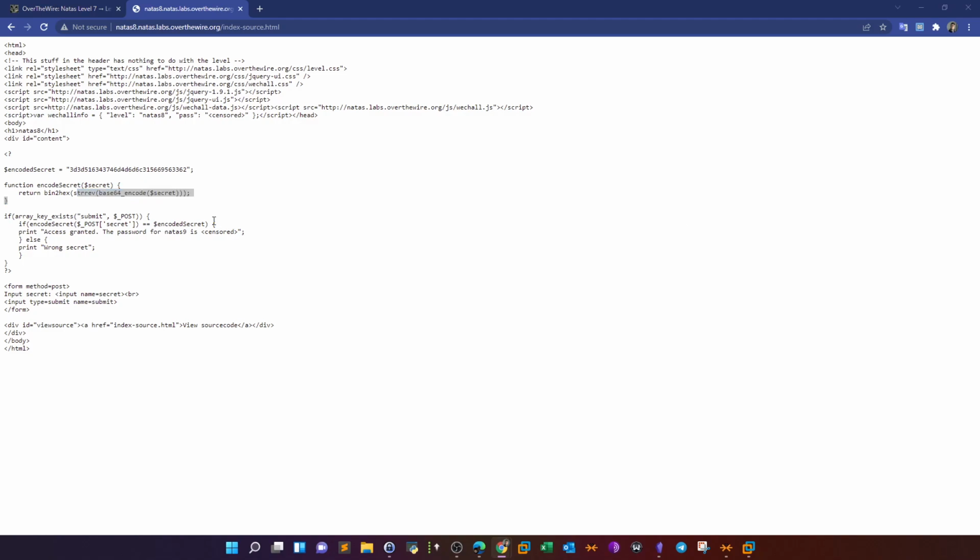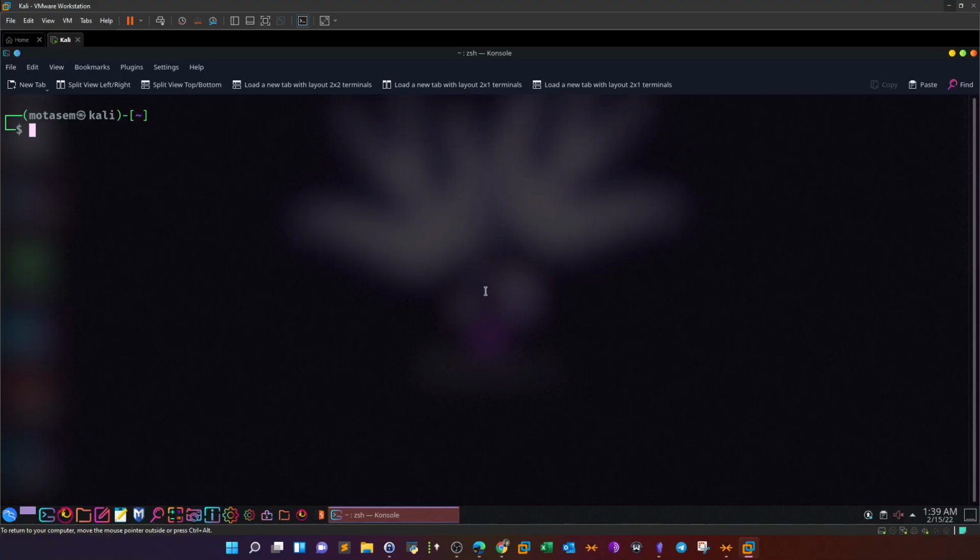But remember that we need to do that in PHP. So basically we're going to PHP interactive mode in order to apply these functions on the secret. So we have the encoded secret here, right? If we perform the reverse, as I told you, first we base64 encode, string reverse, and binary to hex, we're going to get the original secret. Let's try this. So here we enter the PHP interactive mode, php -a,